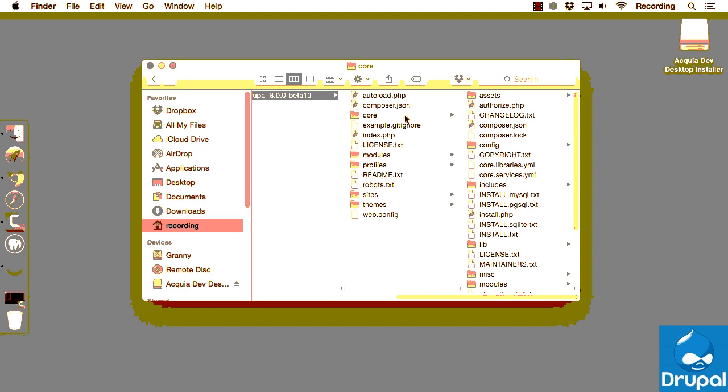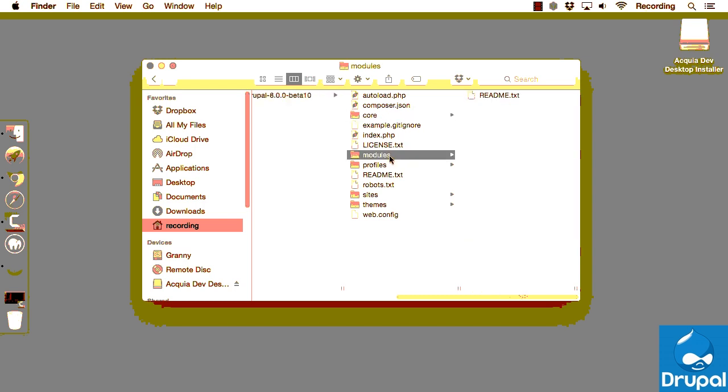You should not use Drupal 8 for production until this is settled, because this is a content management system which does allow people to log in and make changes to the database. So you want to make sure that you're always on top of security updates. The modules directory is where you will place contributed modules that you download to extend the functionality of your Drupal